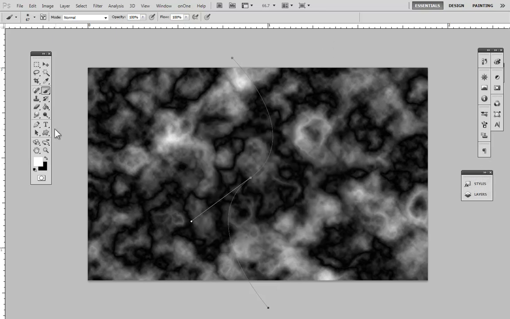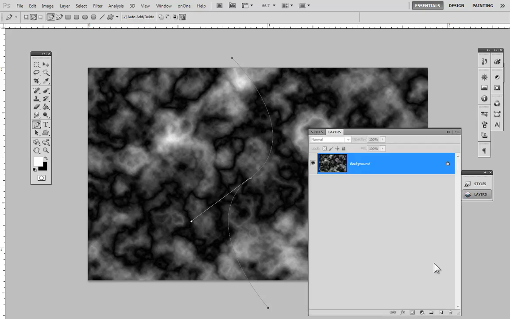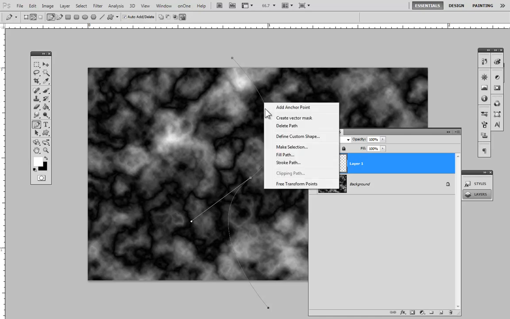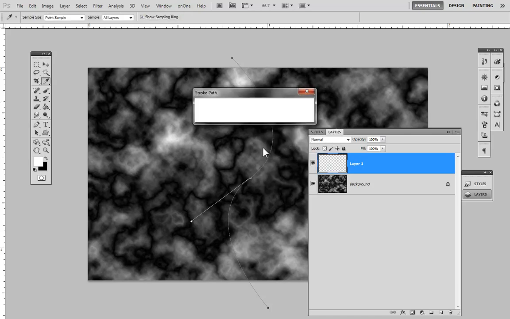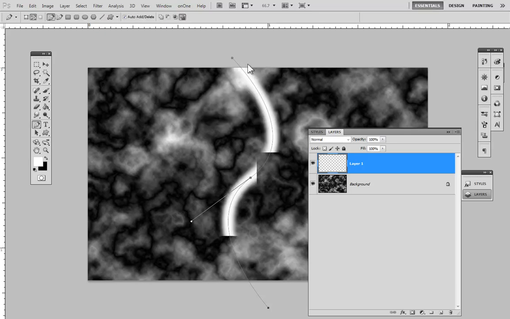And we're gonna select our pen tool again. We're gonna make a new layer, and that's gonna be where our brush is gonna reside. Right click on that path that we made, select Stroke Path, and select Brush, and then you can do the simulate pressure. I don't really recommend it, but you can. What it's gonna do is drag out a cool S curve